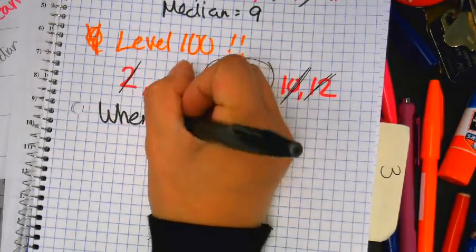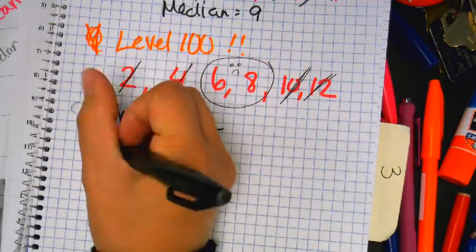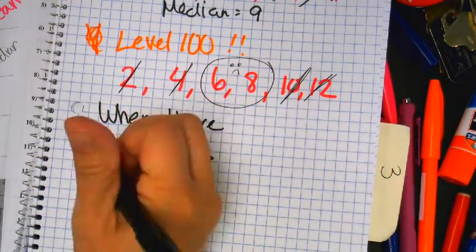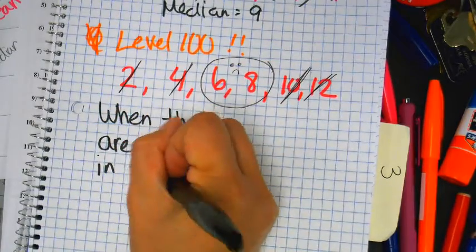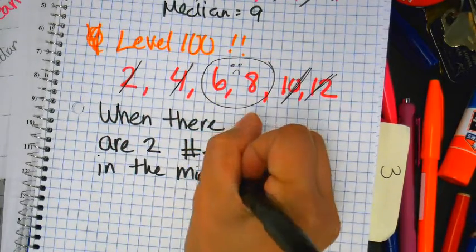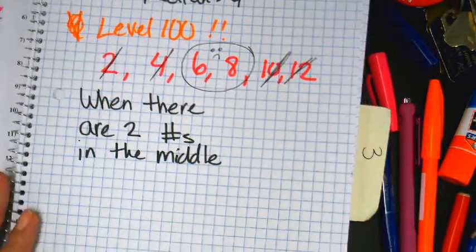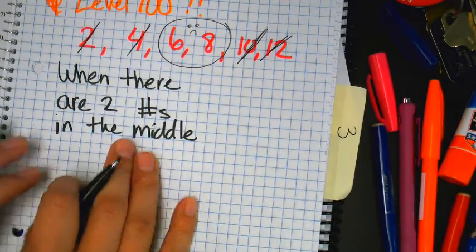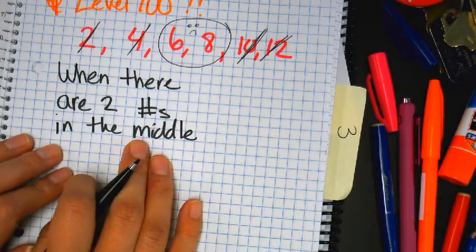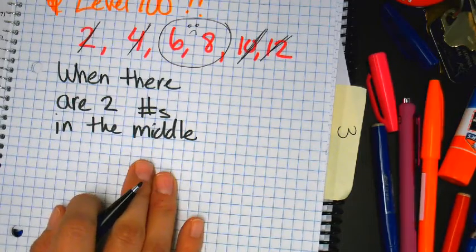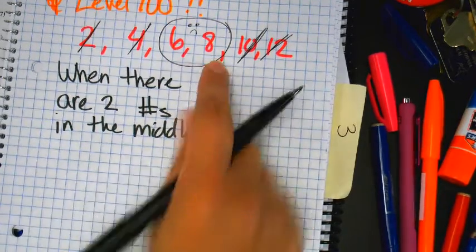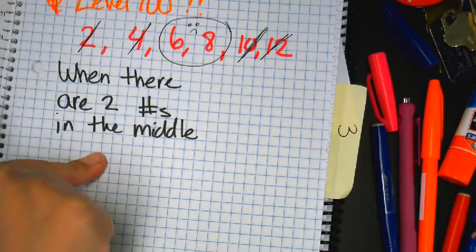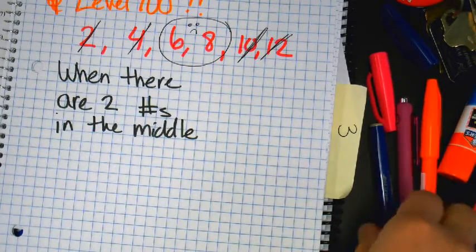Okay, so when there are 2 numbers in the middle, you write this down. When you're doing your homework and you end up with 2 numbers in the middle that look like this, you can go into your notes and be like, oh, that's right. When she said there's 2 numbers in the middle, I'm supposed to